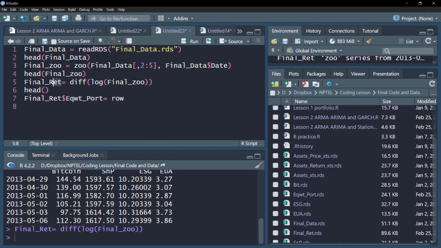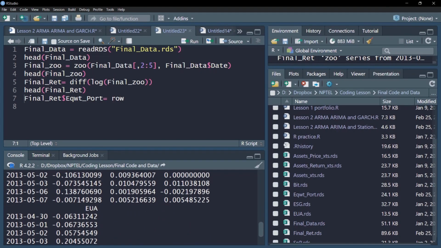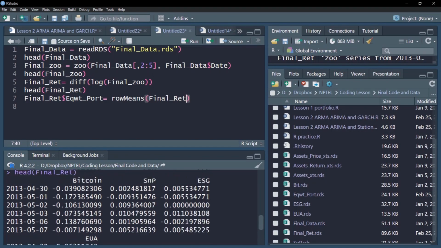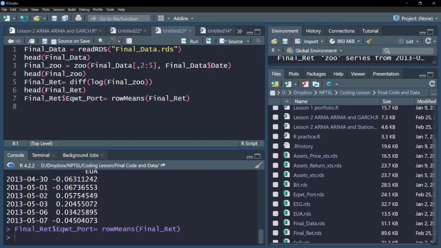I haven't shown that yet. If you take the head, these are the return object observations. Notice these are all return observations for each row constructed originally from the price variable. Now I can take row means, and inside this row means I can type this. Essentially, all these returns, their mean will be taken, which is essentially how the equal weighted portfolio object is created. I am assigning equal weights to them. So this is my portfolio object.